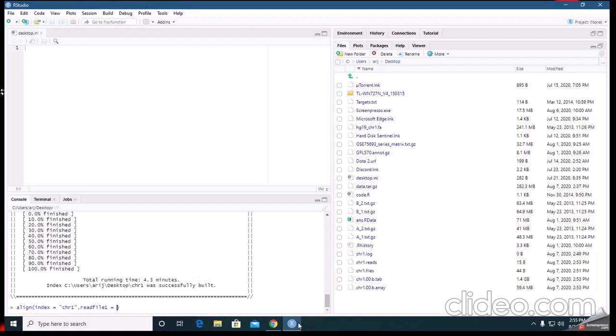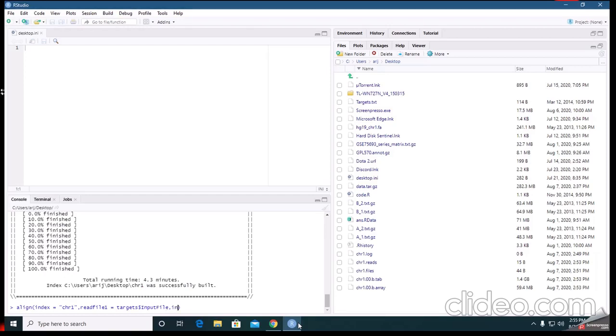For alignment we need files, targets, targets $ sign and input file. Okay, we are going to read the targets file with column name input file.